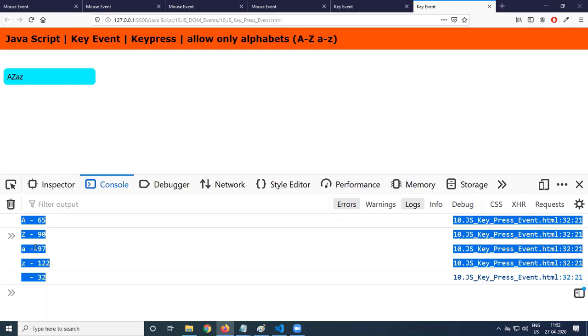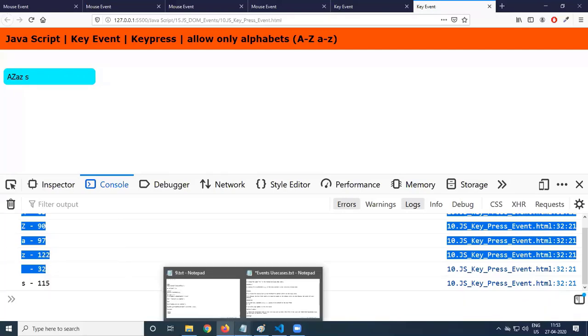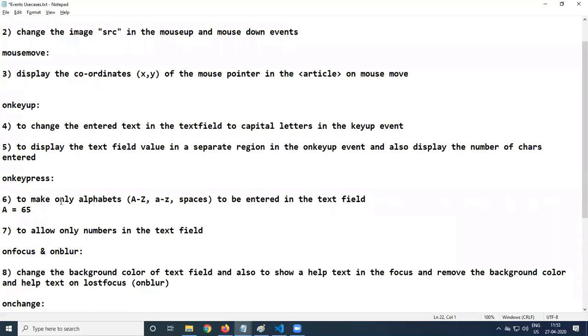If any other characters are entered, the default action should not happen. For example, if anyone enters small s, 115, don't allow. Only these are to be allowed. These are the ASCII values you need to check.